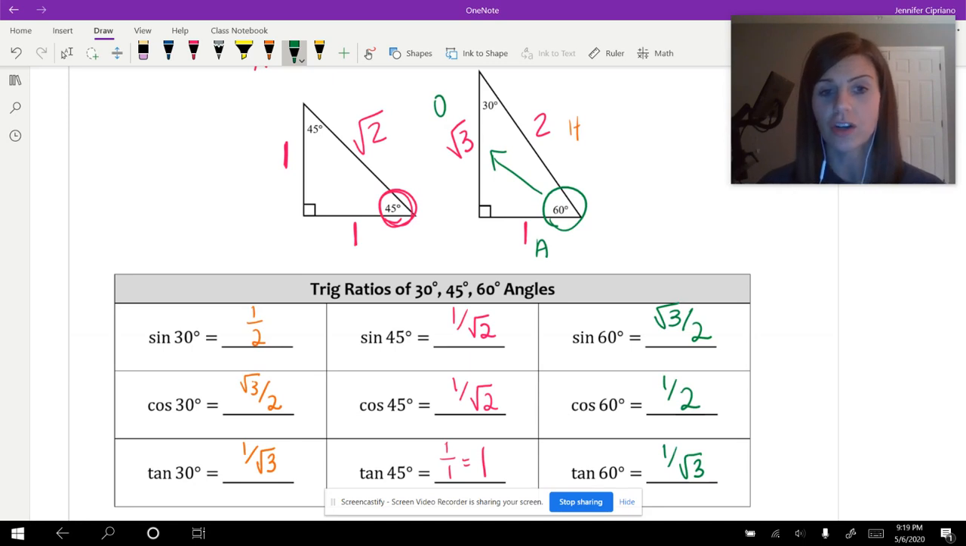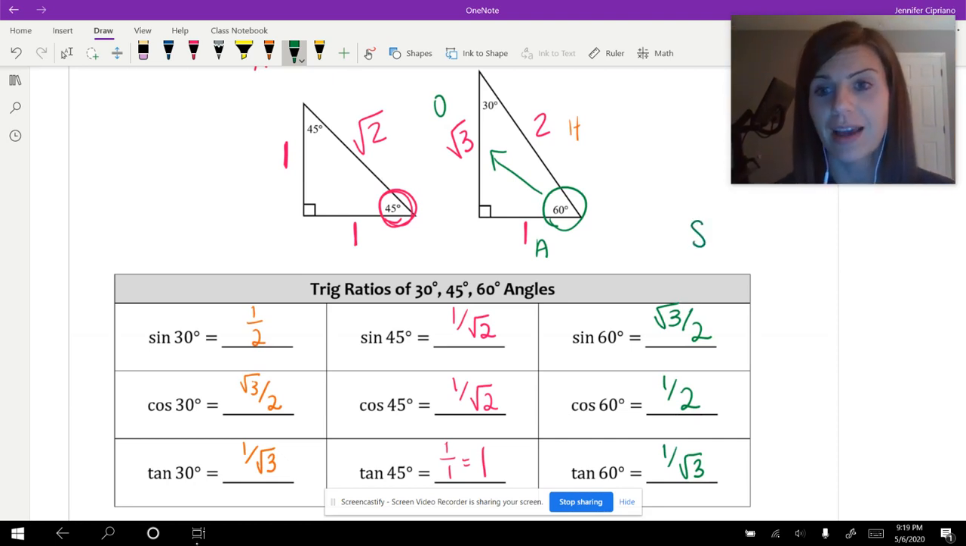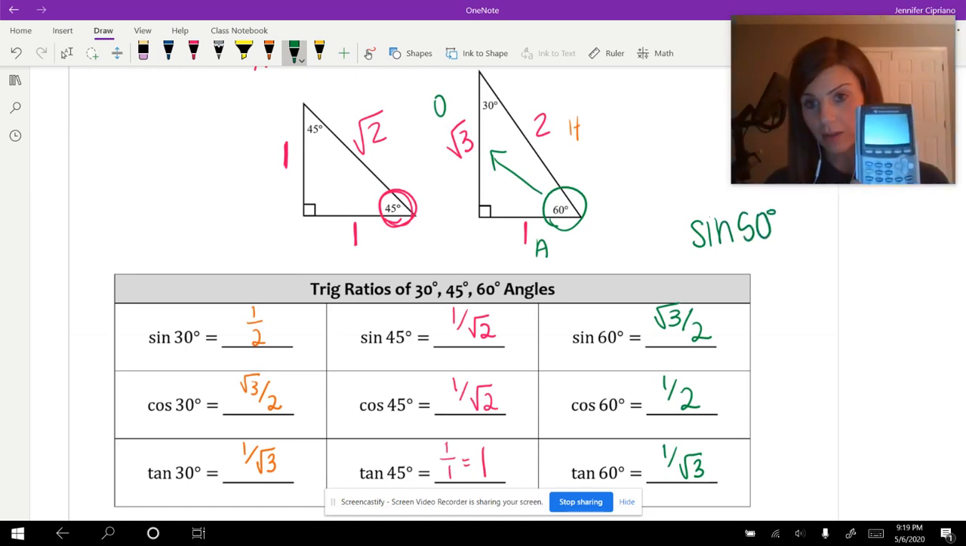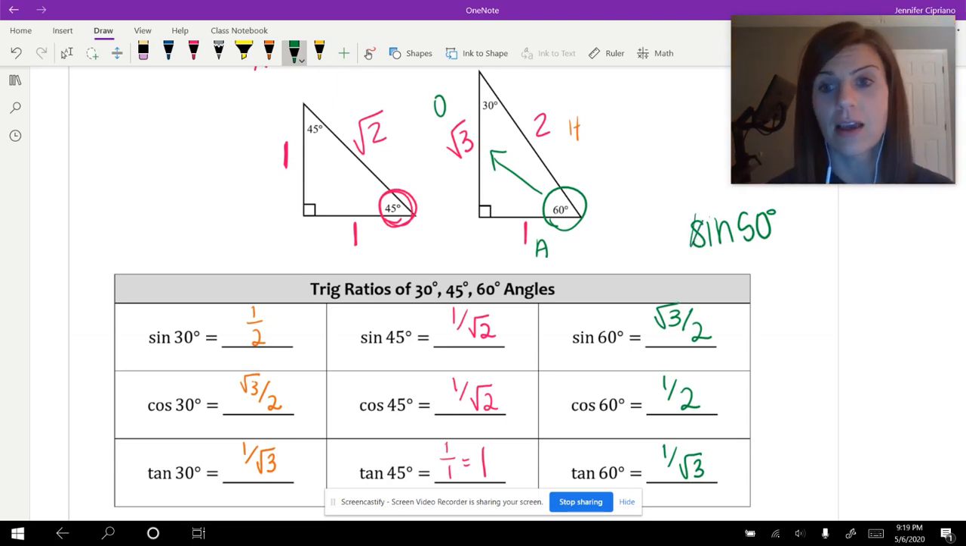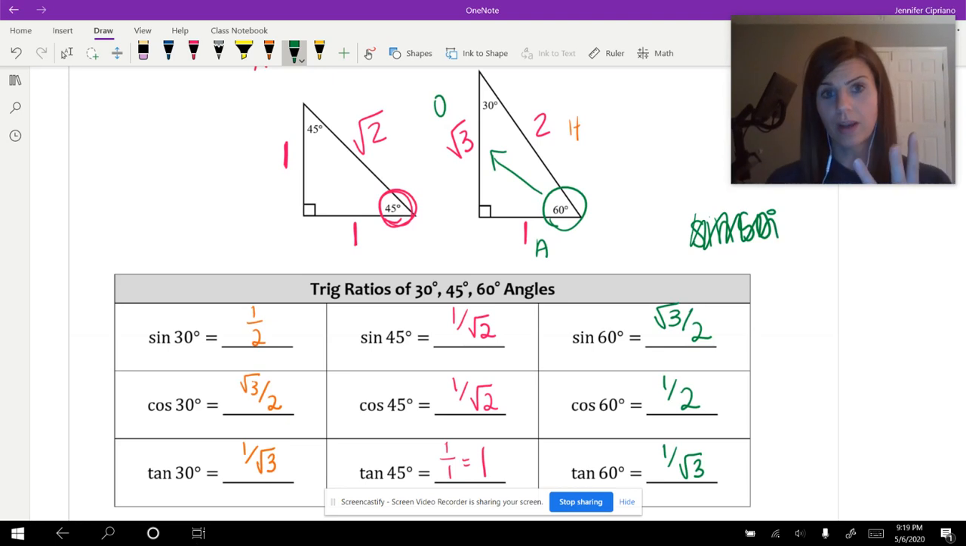And so next year, you're going to do a ton of stuff with the sine, cosine, and tangent of these 3 angles. And this is where those values are coming from. These are unique because you don't need your calculator to figure them out. If we wanted to find the sine of 50 degrees, we'd have to put it in our calculator, just like we did in the last section. But for 30, 45, and 60, we can find all 3 of those ratios just by using the relationships in